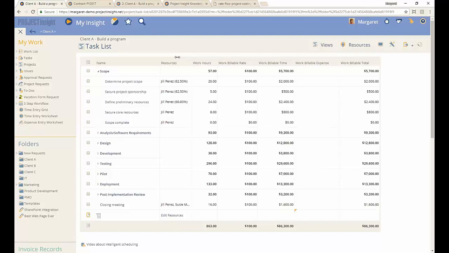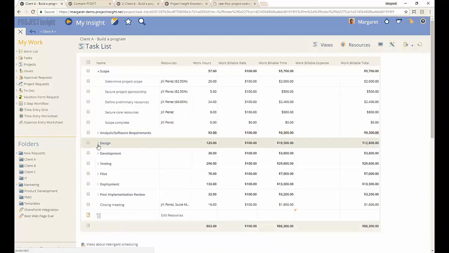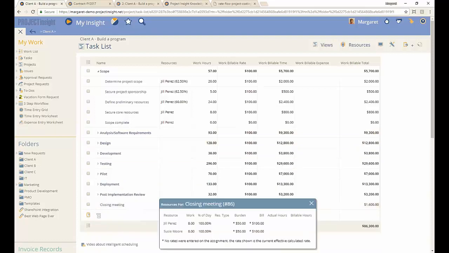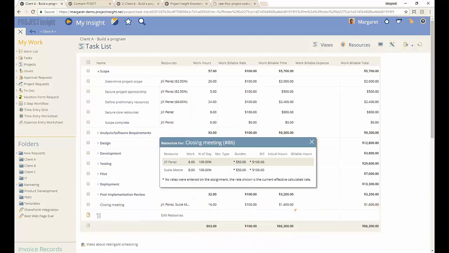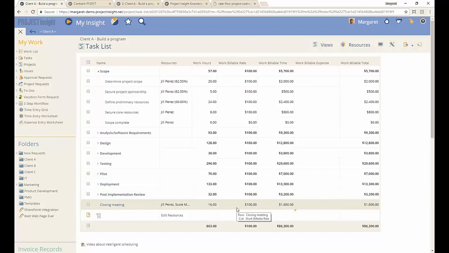Okay, so the work billable rate is the rate that's been assigned based on those flows that I already showed you. Okay, right now everything on this project is pretty straightforward. There's one resource assigned to everything. The only thing that's not is here in the closing meeting, and even if I click on these resources, they have the same rate as each other. So of course, the rate for this task is $100, as you can see that reflecting in this column here. However,